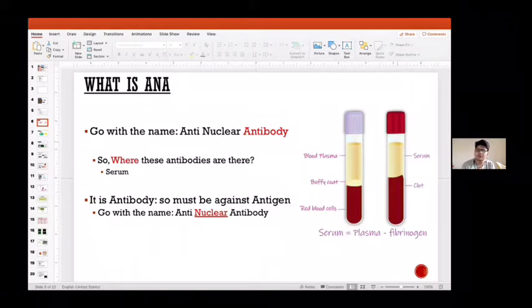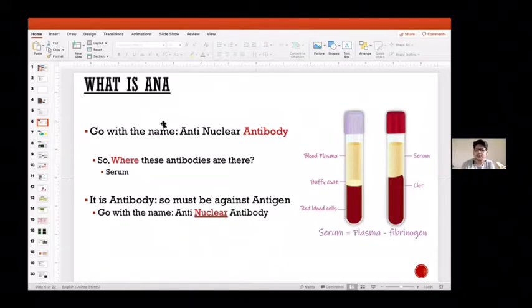And globulins, we know, are the antibodies. They can be IgG, IgA, IgE, IgM, or IgD. So they are the antibodies located in the globulin portion, and ultimately they are present in your serum, right? So if I want to detect an antibody, a serum sample is what I need.